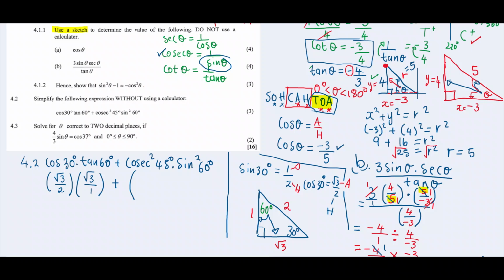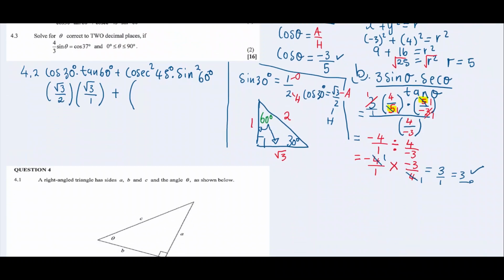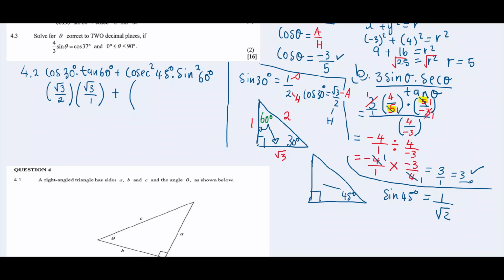So it means that we just get the sine theta and then we get its reciprocal, we flip it, right? So what is the sine here? Sine is sine of 45, so we must look at the sine of 45. So let's quickly draw the special triangle for 45. With the special triangle for 45, I can just advise that you recall that the sine of 45 degrees is 1 over root 2,